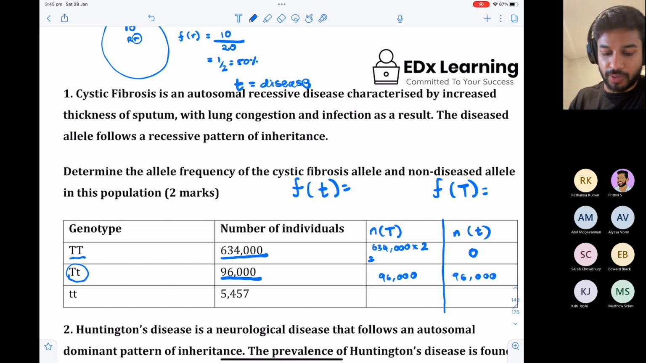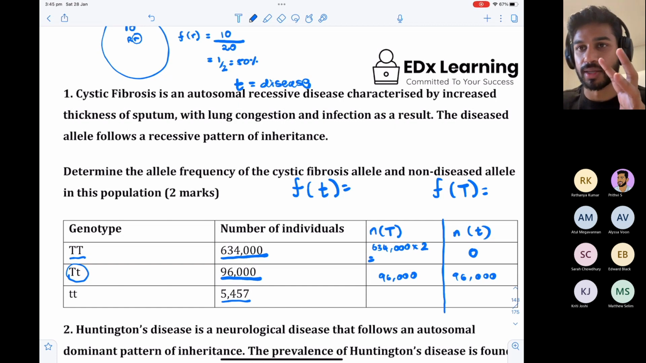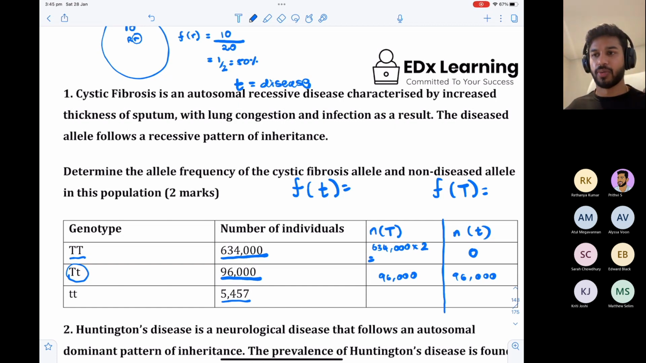And then again, for the bottom one, there are 5,457 people with 2 little t's. Now make sure, even though you're thinking in terms of this alphabet soup analogy, you also take a step back and think, what does this really mean? It's telling you there are 5,000 people with cystic fibrosis. It's an autosomal recessive trait. These people have 2 little t's. These are the unfortunate people who are going to get lung disease and die by 37 because you can't survive without a transplant. Okay, good. But coming back to this alphabet soup analogy,